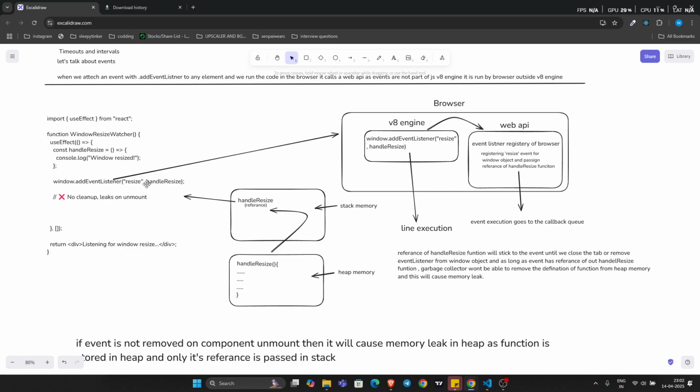this line. Now, this line, addEventListener, will go to the V8 engine, and the engine will execute this line, window.addEventListener. Our event listener is resize and our function is handleResize. The engine doesn't handle events. So this line, after executing, will be passed to our web API, as the web API is the one responsible for